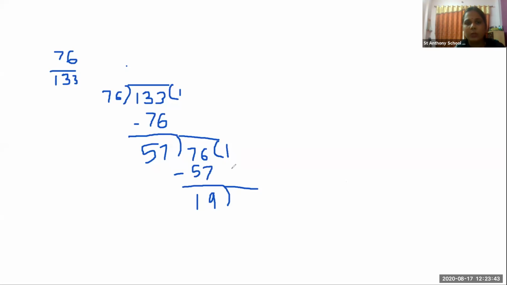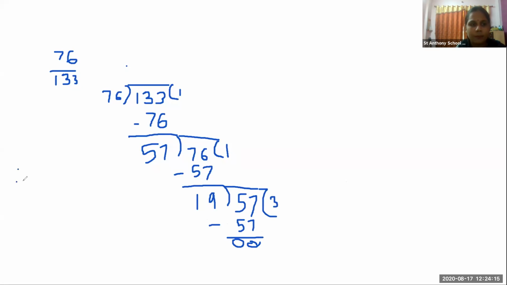Okay. So here it will come 57, correct. Here it will come 57. Now, if I divide this 57 by 19, okay, so 19 threes are what? 57. So here it will come 57 again, okay. So 57 minus 57 is 0.